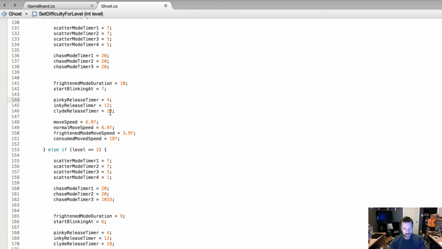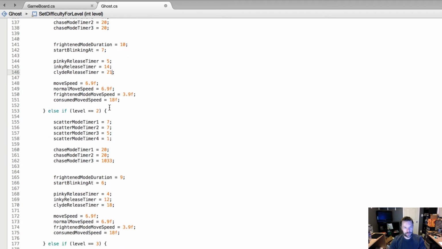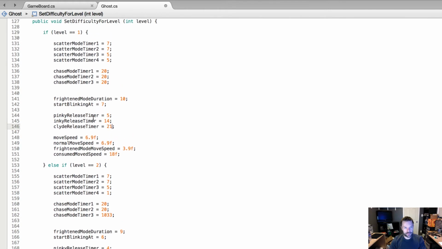We're going to have 5 for Pinky release timer, 14 for Inky, and 21 for Clyde. And then our move speed is going to be 5.9, our normal move speed 5.9, our frightened move speed 2.9, and our consumed move speed is going to be 15. Alright,